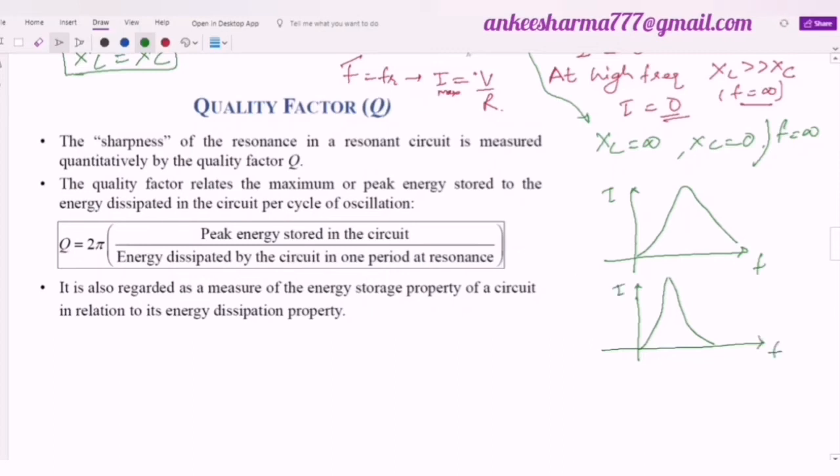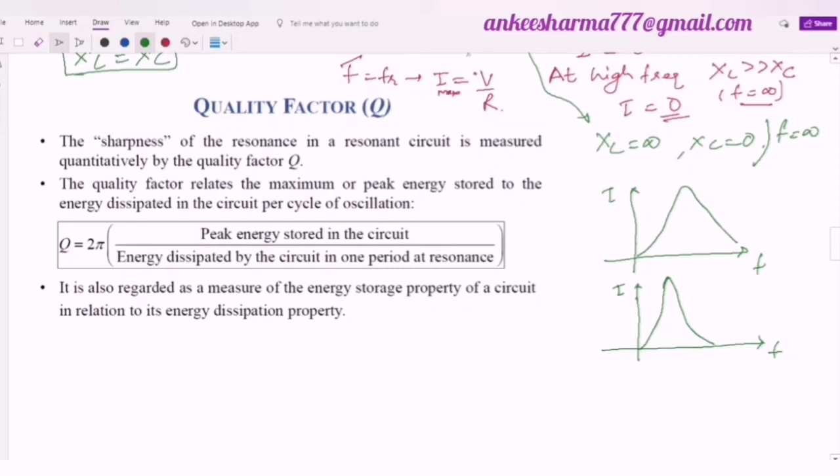So if I go to a market and want to buy a radio, the shopkeeper will show me different types of radio. Sir, this is it. Then how will I decide? I will check the quality factor of the system, because the higher the quality factor of the system, the higher the sharpness, and the more sharp the system is, the better it will be, because in the radio we need to receive a particular frequency and amplify it. We don't want the disturbance of the other channels also. So for this system to have a high quality factor, its peak should be very sharp. So this peak is defined by this quality factor.